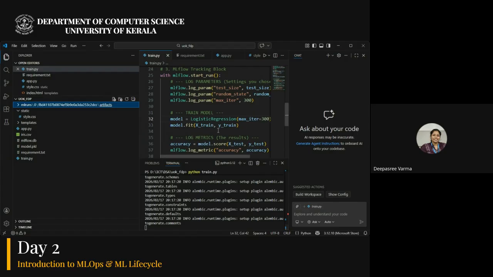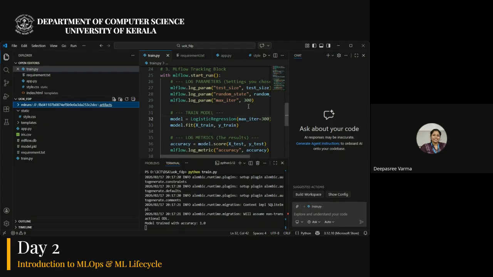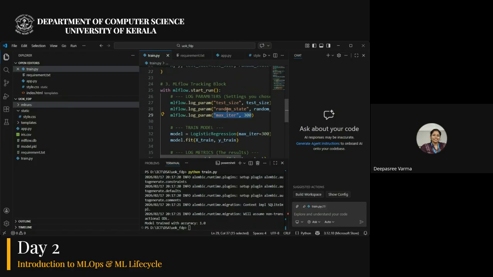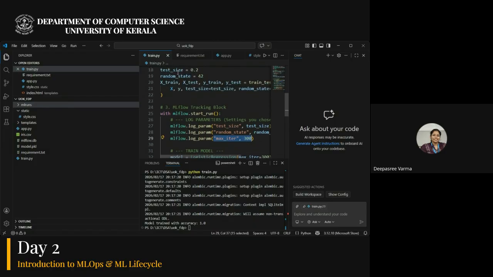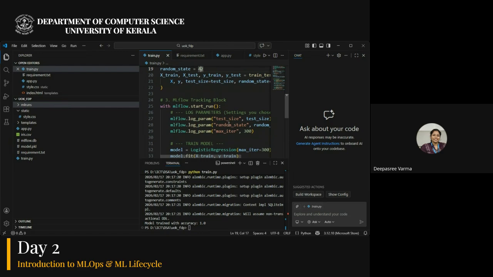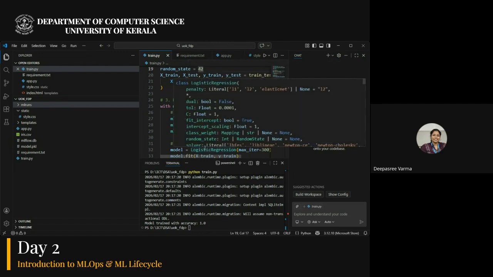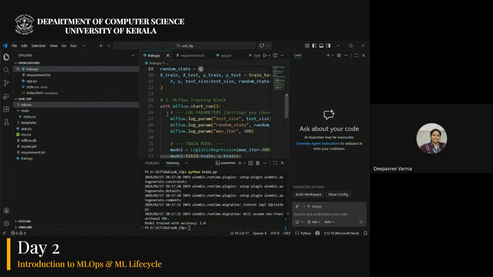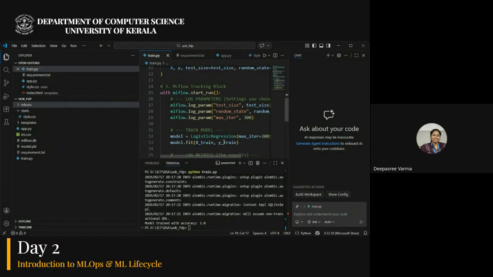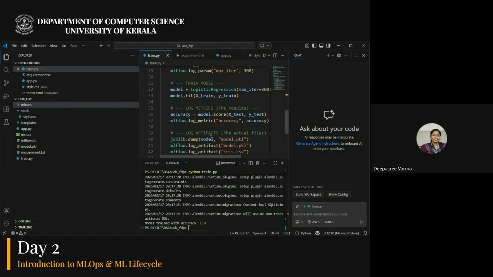So basically what I'm doing is every time I run this, I can change the iteration value, I can change the test size, I can change all the parameters used for building this machine learning model. And I'm just tracking this. So what is the difference that comes in the accuracy? And I'm also saving that model. So once I find the best model, I can use that. Okay, so now we can see there are 2 runs. This is the first one and this is the second one. Okay, just try this.